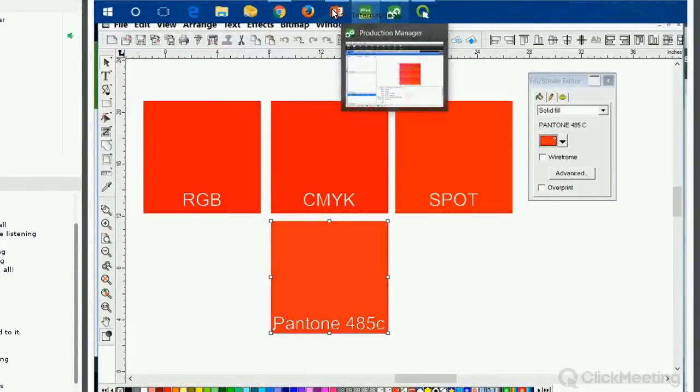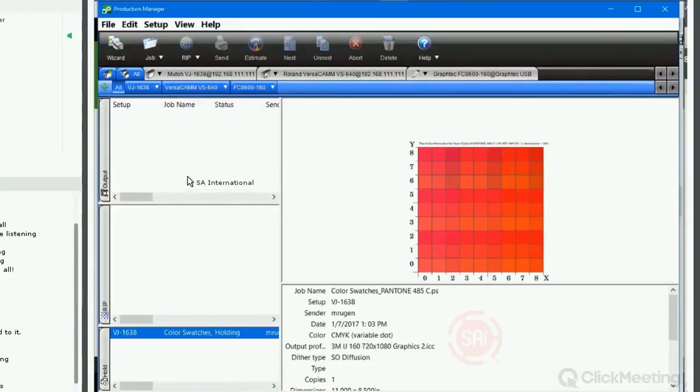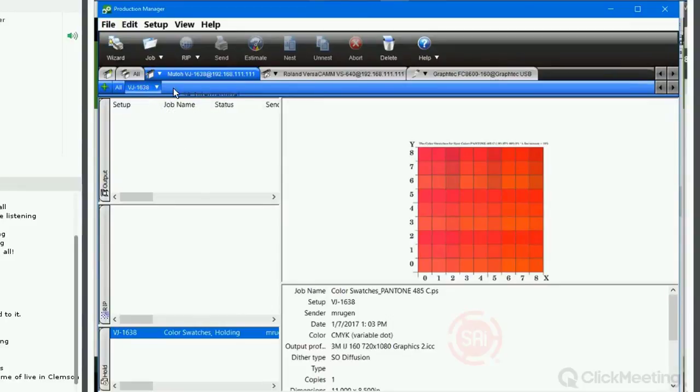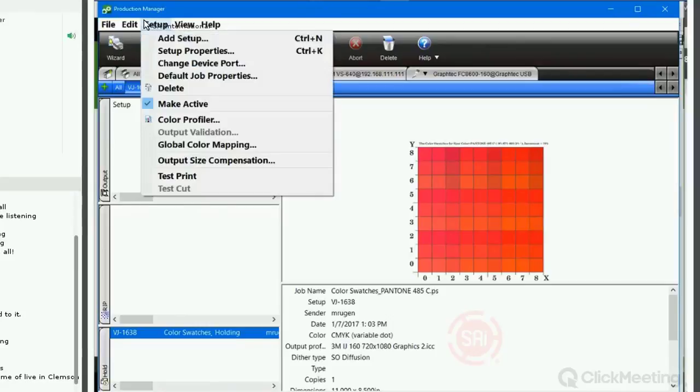Anyway, let's go over here to Production Manager. We've saved our file as an EPS file. So now that I'm in Production Manager, I'm going to click on the printer that I want to actually map this to. It's very specific to your printer and to your media. Okay, that's very important to understand. I'm going to click on the name of my printer, and if you're using a previous version, yours might be listed on the left-hand side here. Just pick the name of the printer, go up to the Setup menu, and choose Default Job Properties. So we go to Default Job Properties. I'm going to click on that,